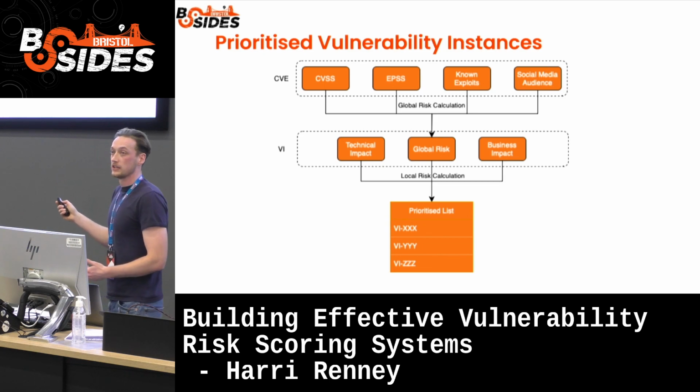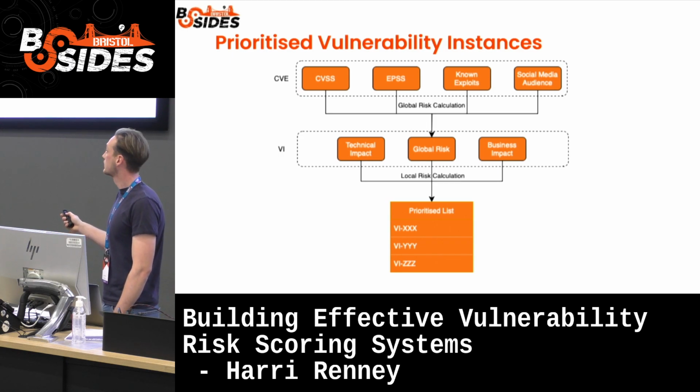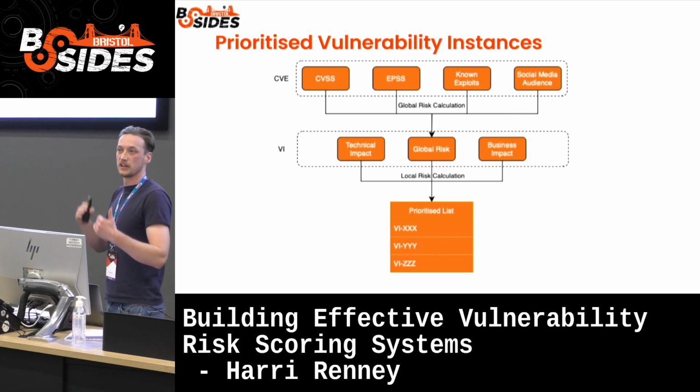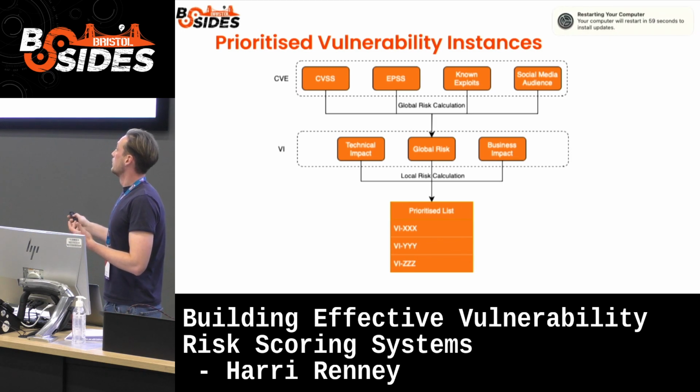So yeah, I can imagine it like this. We just did that risk calculation up here for a global risk calculation. But let's build another tier for our local context for the vulnerability instance calculation. So we could just imagine putting that global risk calculation into another layer of a weighted formula, then weight it and add it along with the business impact and the technical impact.